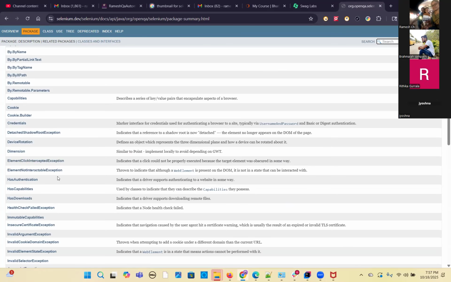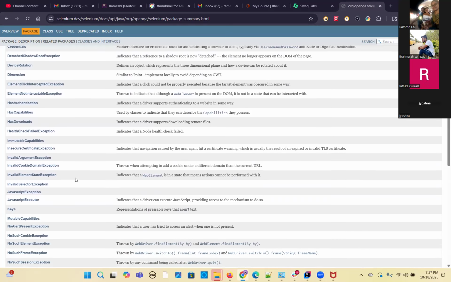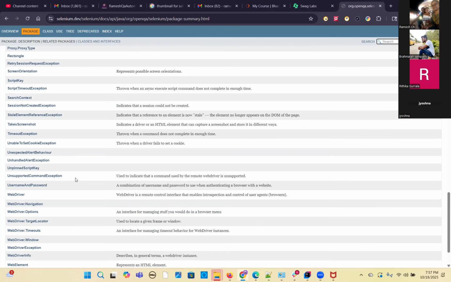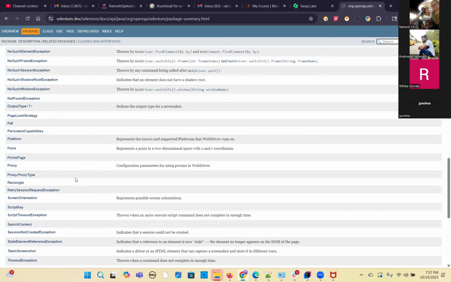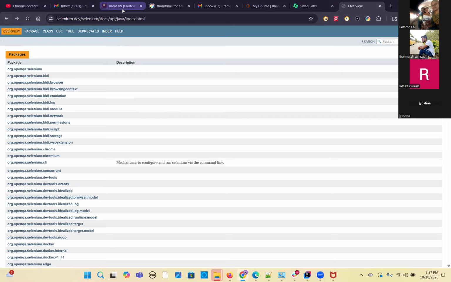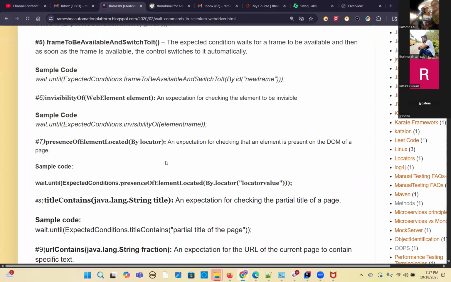Element click intercepted exception, element not interactable exception. But where is that? So we have to find the package. What is the package of this expected conditions class is, and